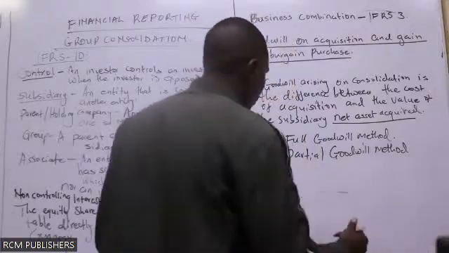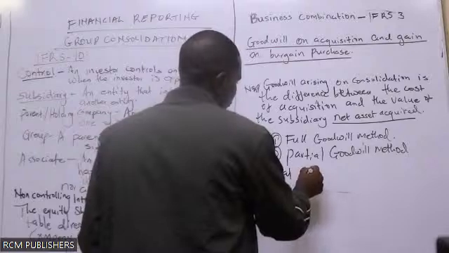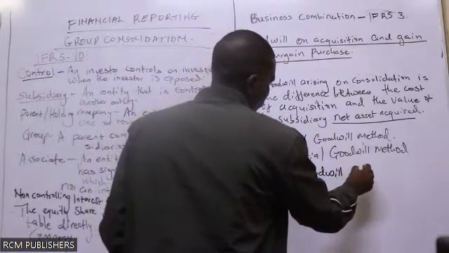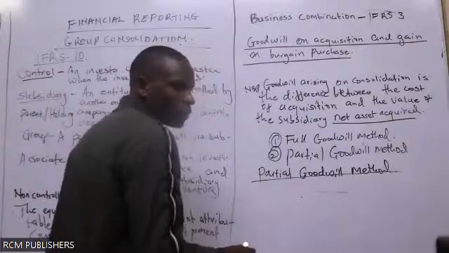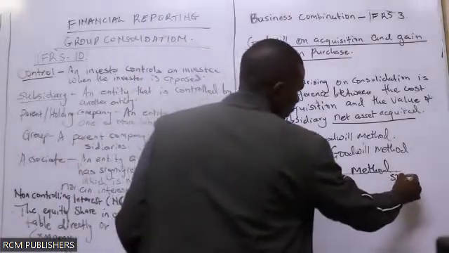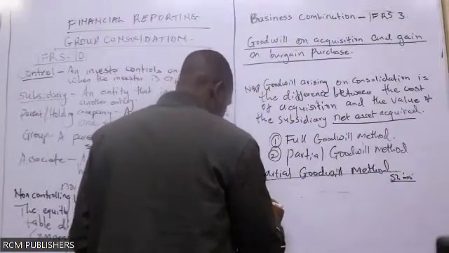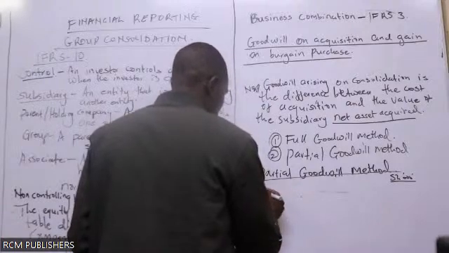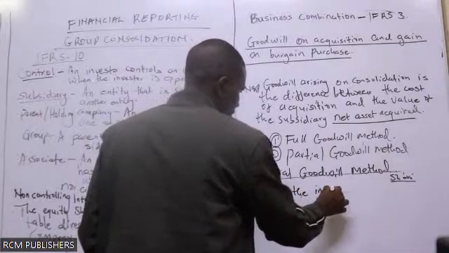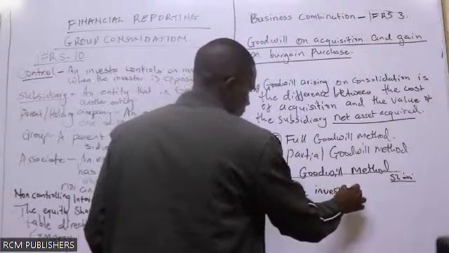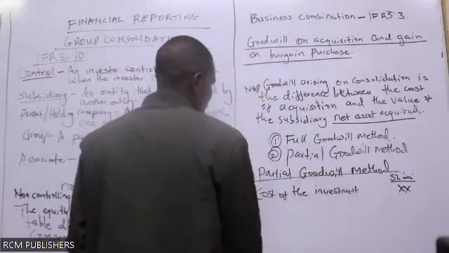Let's look at these methods. We can start with the partial goodwill method, and the format here. Under the partial goodwill method, with your shillings in thousands, you shall have the cost of investment, sometimes called the purchase consideration. Just put it there. Then you subtract